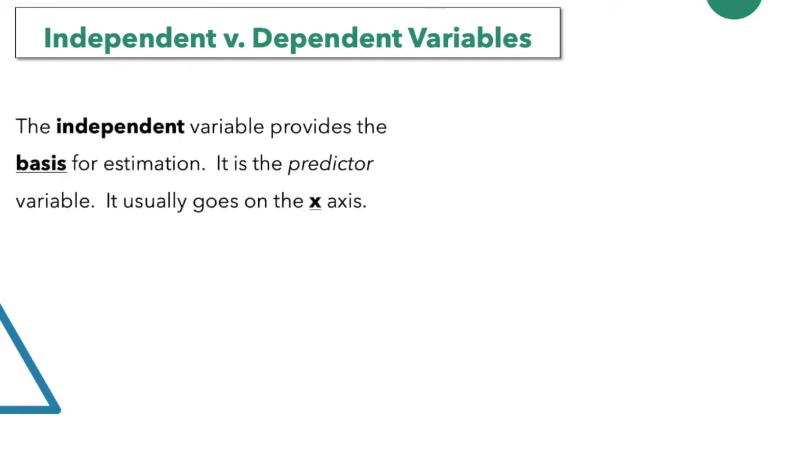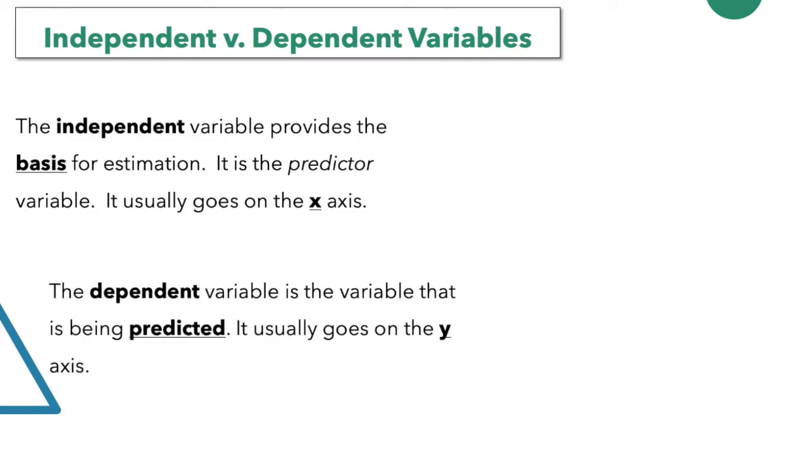The independent variable provides the basis for estimation. It's the predictor variable, and it usually goes on the x-axis. The dependent variable is the variable that is being predicted. It usually goes on the y-axis. For example,